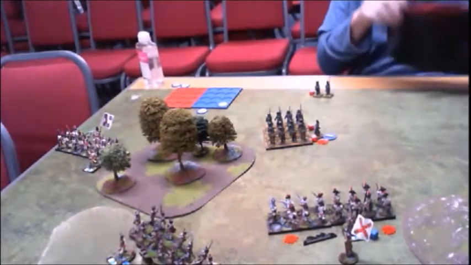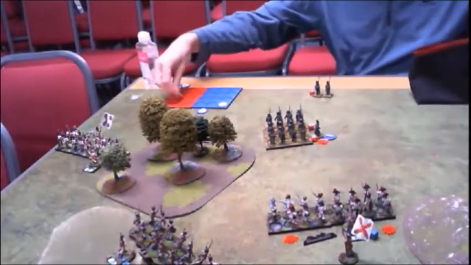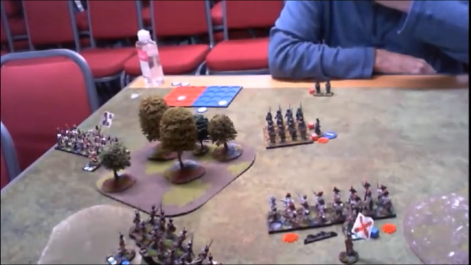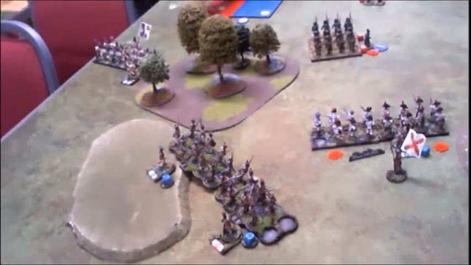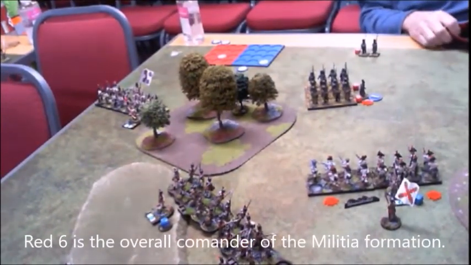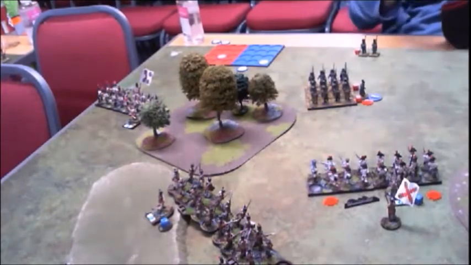Is that 2 flags? Yeah. Oh God, here we go again. Red 5. Red 5. This man here, he can't do anything. He's part of the militia group, so he can't do anything. Red flag, you got 2. No, I'm going to keep moving anyway, because I'm going to get it on tipping, so...